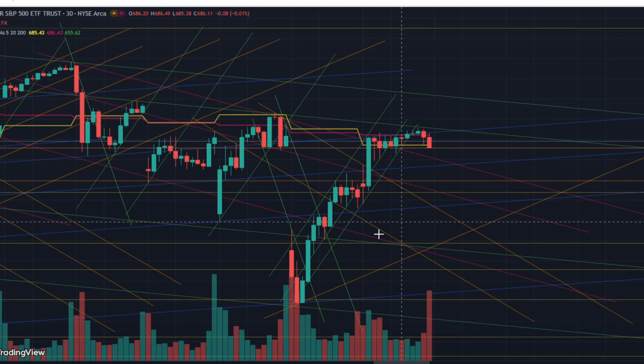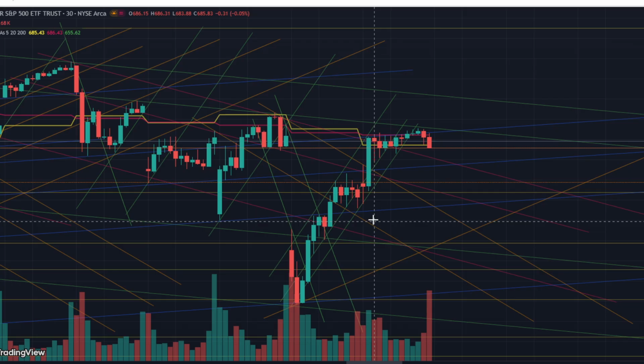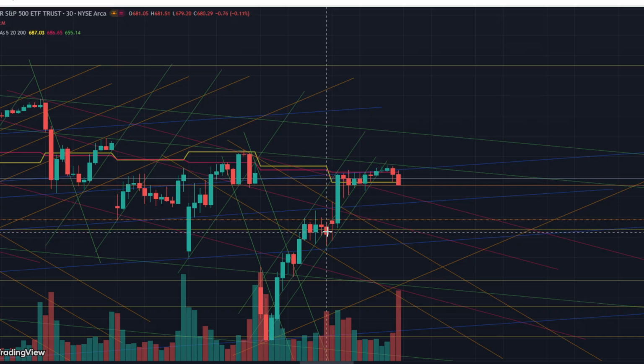In this case, it bounced out of it pretty aggressively, but credit spreads, futures, whatever, to catch this move to the upside, because it's not always as quick. Anyways, today, or Wednesday, rallied up,